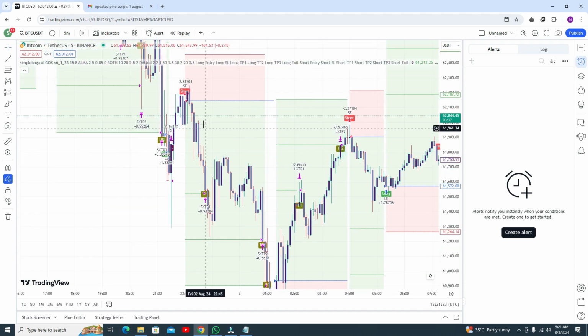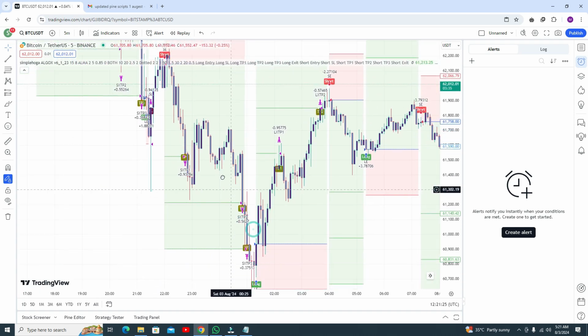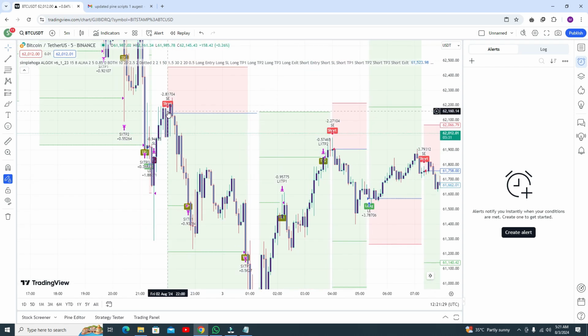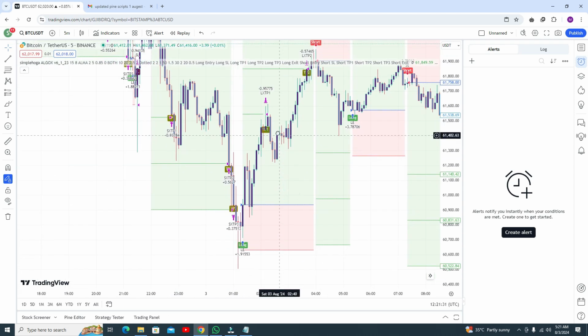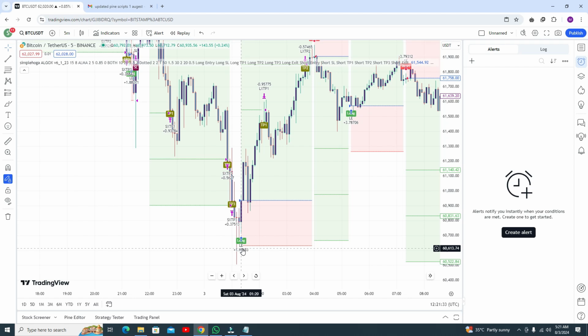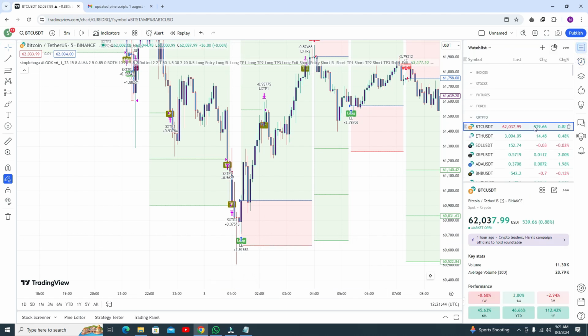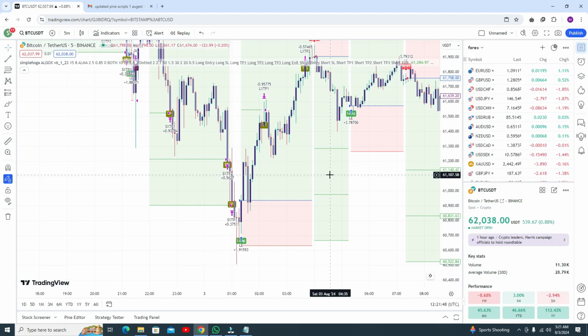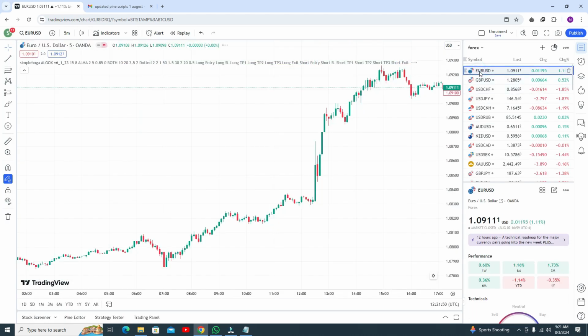Here you can see the sell trade, and it gave you some awesome profit. When you got the trade, the price was around 62,000, and the price went to 60,600. It's around a $1,500 movement, and it's amazing. So I have to show you some results in the forex market, and let me show you results in EUR/USD.